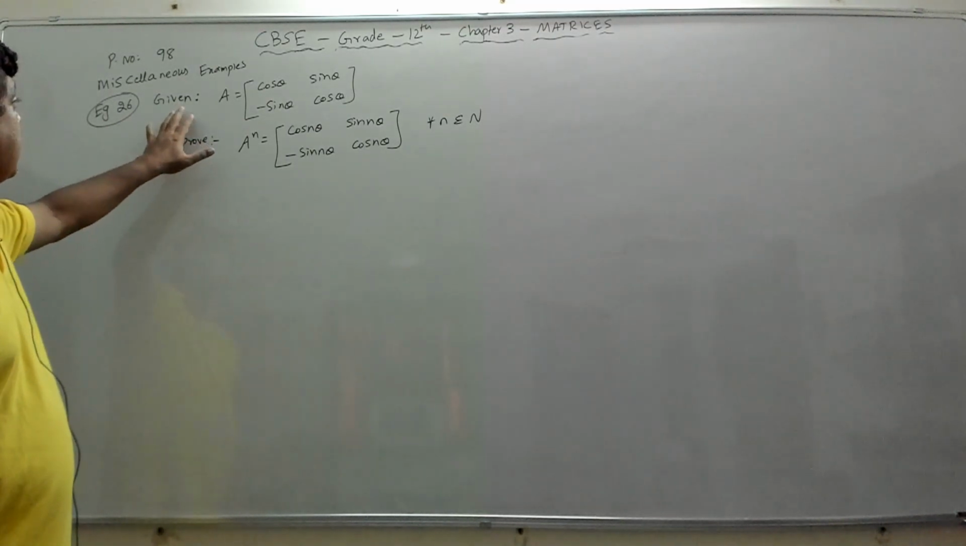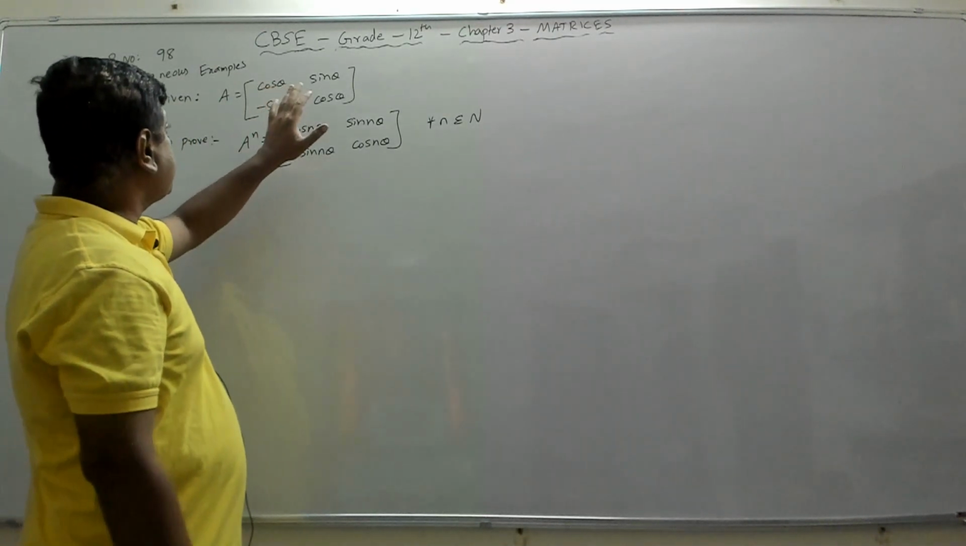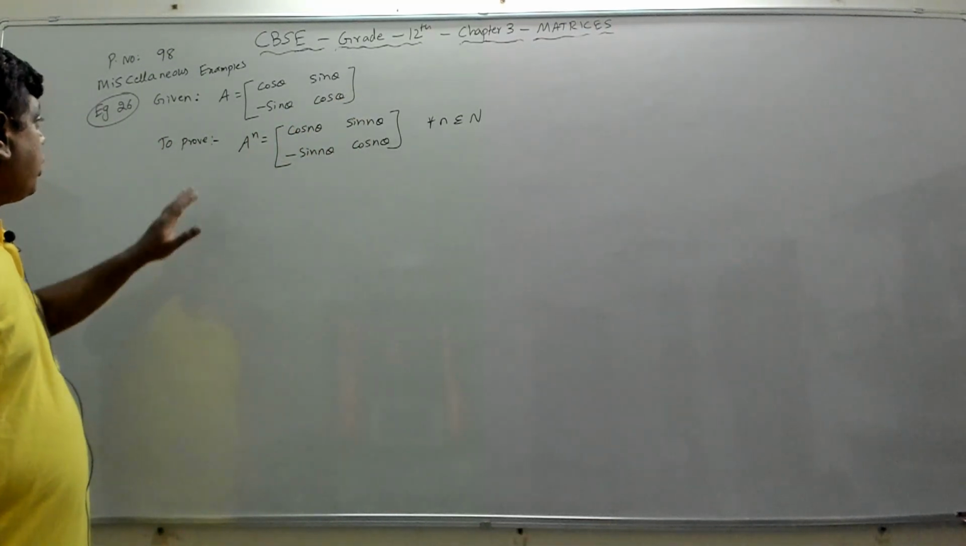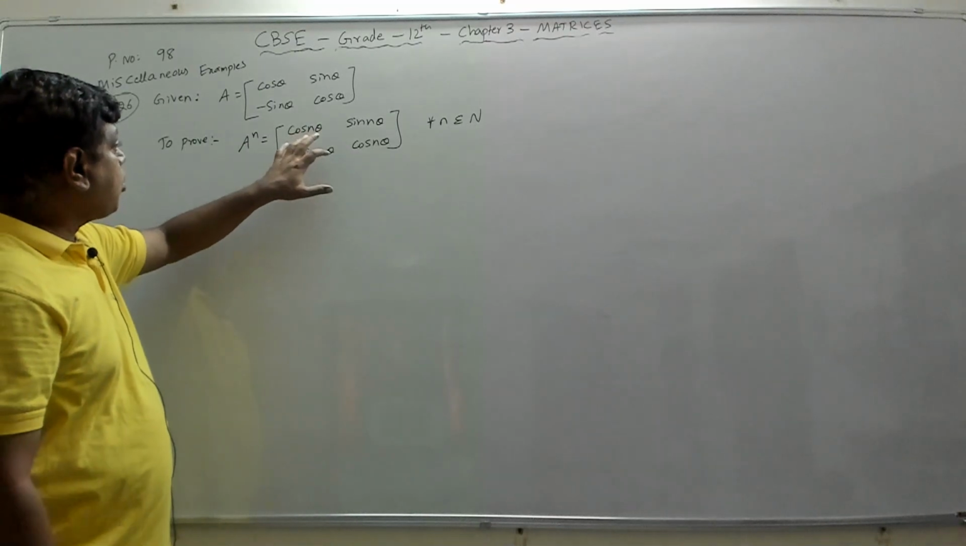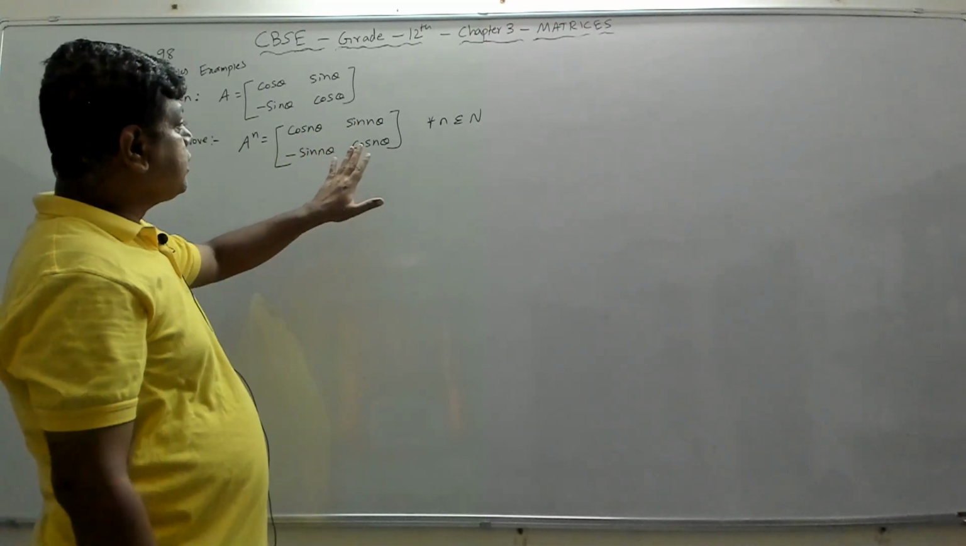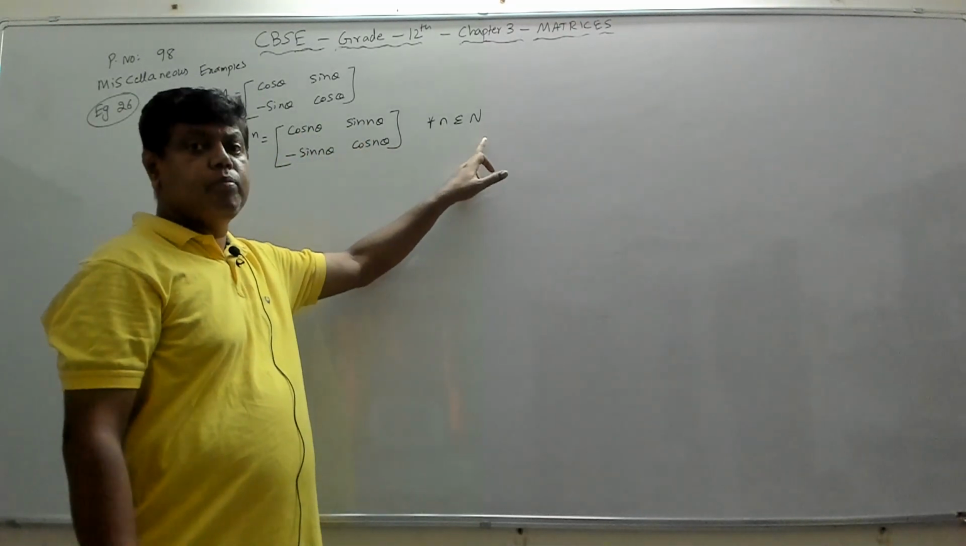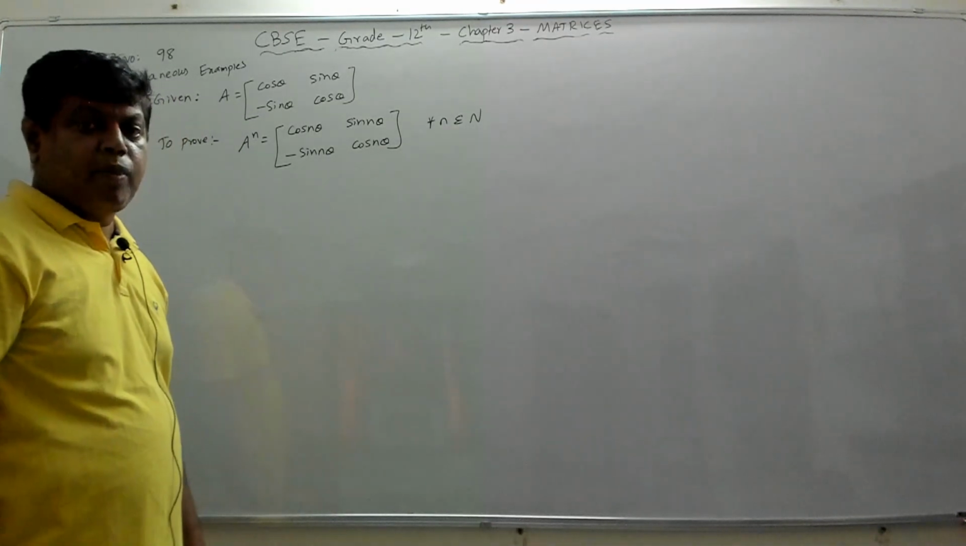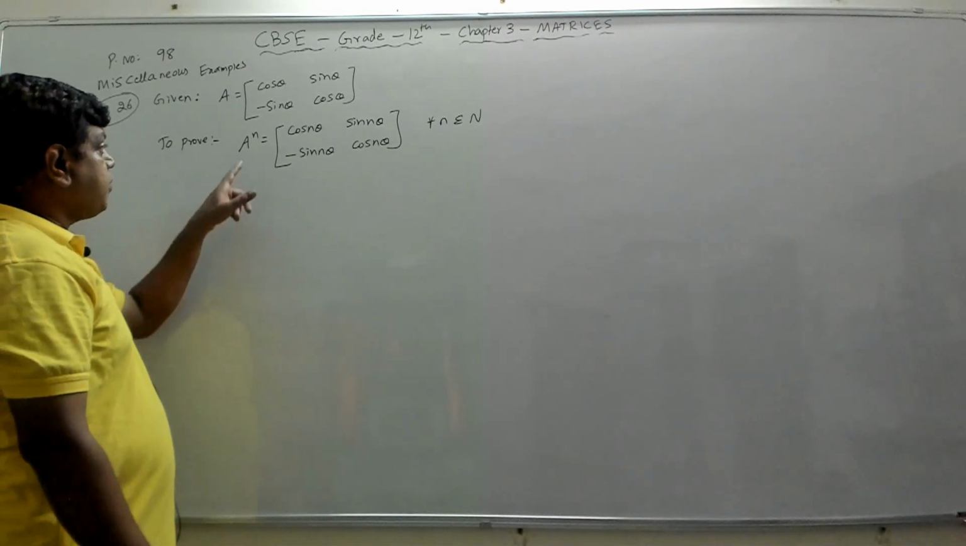So what is given? Given in the question is A is equal to [cos theta, sin theta; minus sin theta, cos theta]. And we have to prove that A power n is equal to [cos n theta, sin n theta; minus sin n theta, cos n theta] for every n belonging to N, which denotes the set of all natural numbers. So we have to prove that for every n this is true,